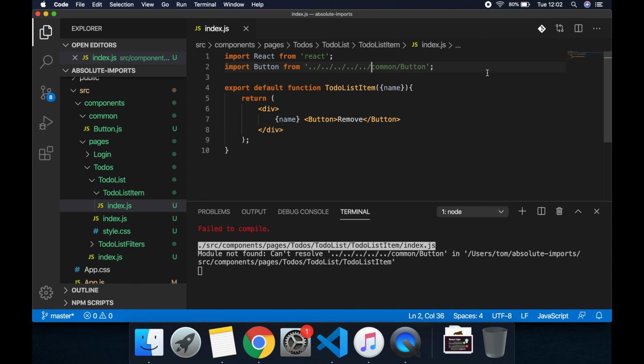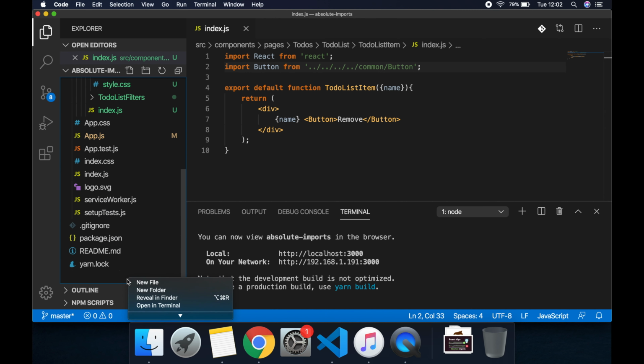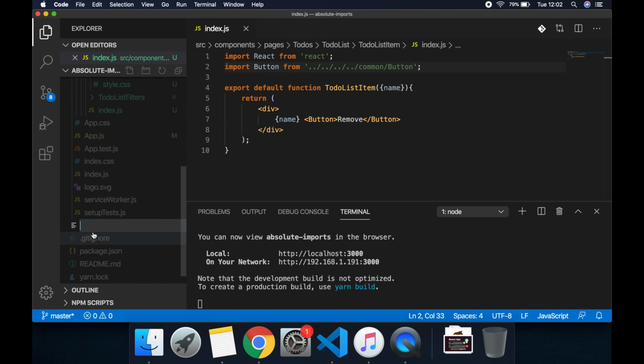So we can do it this way, but an easier and cleaner way is if we import these components through an absolute import. To do that is super easy. All we need to do is create a new file in the root directory of our project, and we need to call it